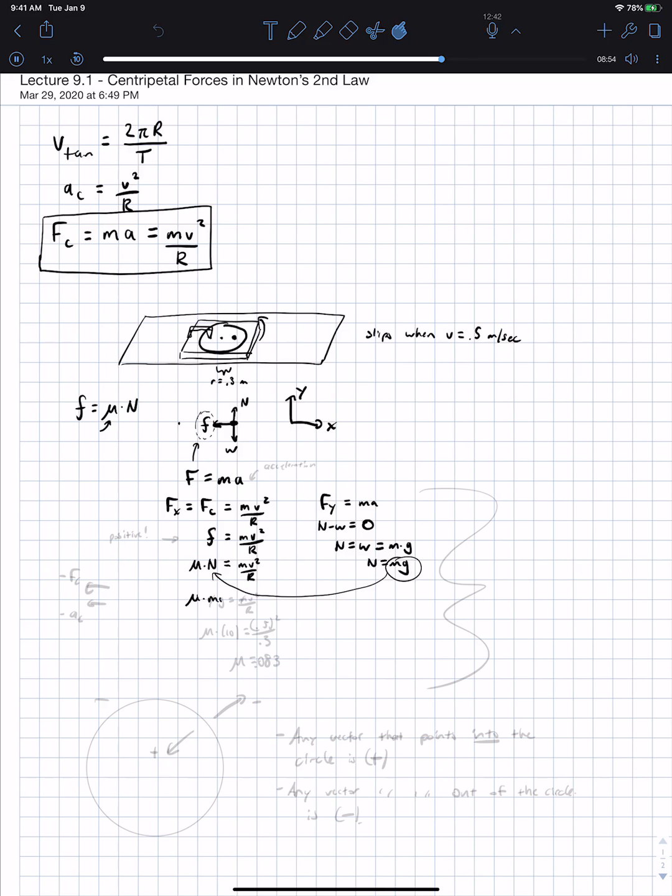Mu times mg is equal to mv squared over the radius. The masses cancel out, and you end up with mu times g, which is 10, is equal to the velocity, which is 0.5 squared, over the radius, which is 0.3. You do that out, and you get